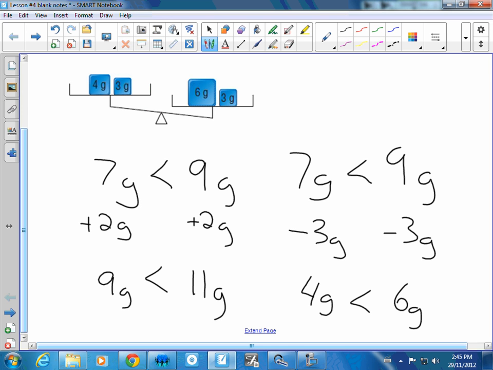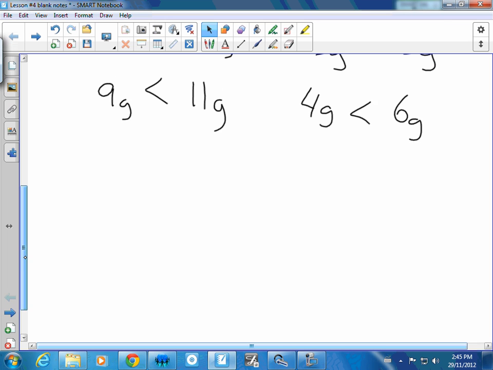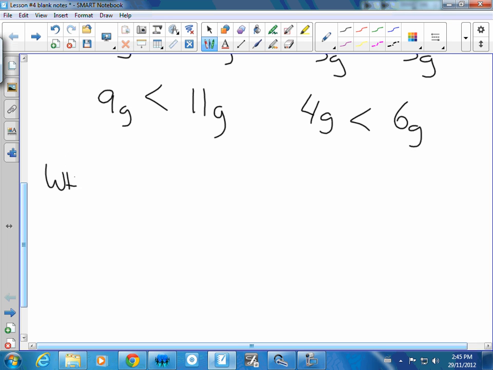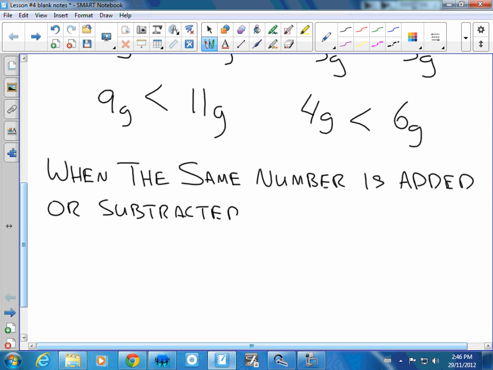We're still in the first box on the little notes there. We have some room here, so let me write this down here. When the same number is added or subtracted from each side of an inequality,